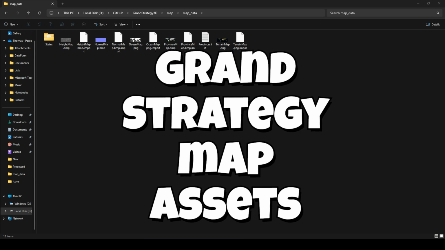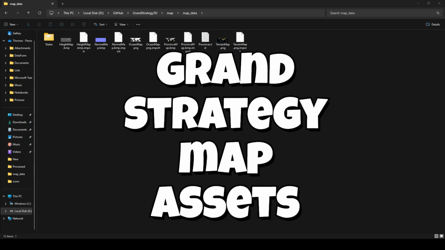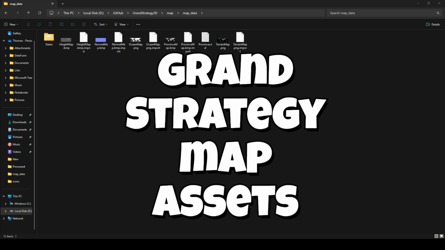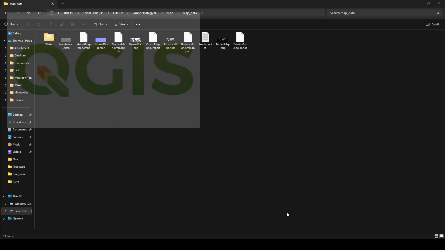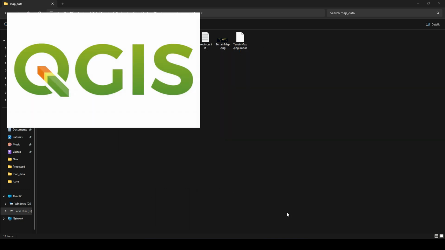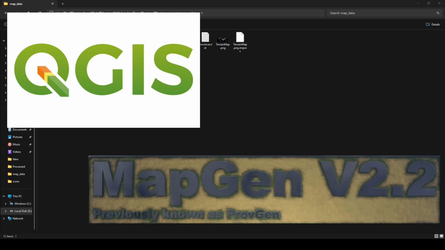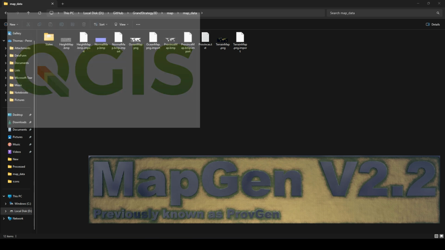Today I'm going to show you how to create the image files and the assets that you need to create a grand strategy game, or just another game that needs a map with unique selectable provinces. So what we're going to do is to take real world data and process it through free and open source software, and on the other side get the files